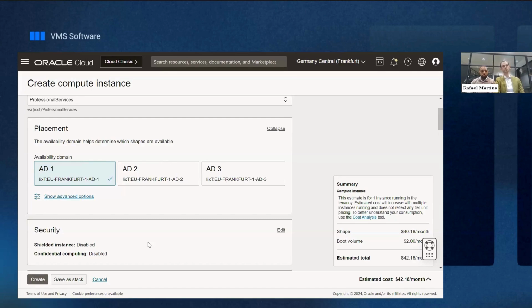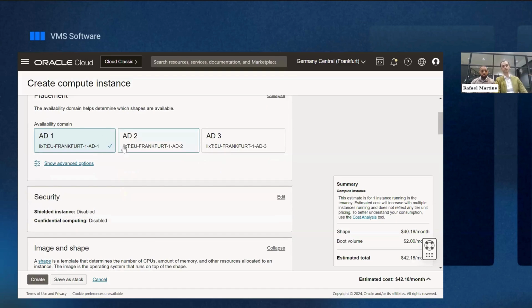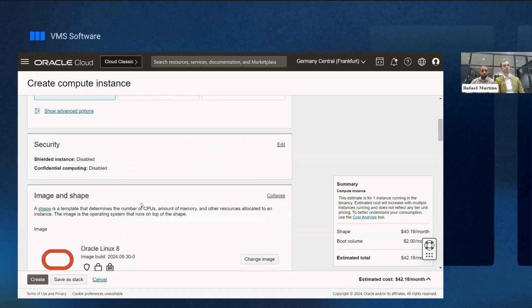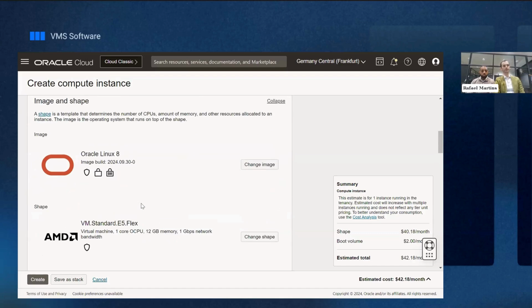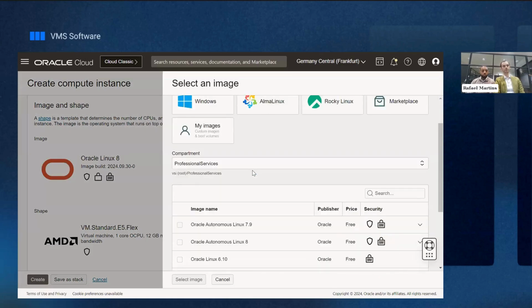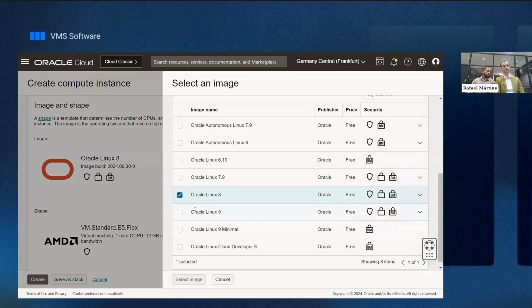But maybe that's something that doesn't matter for you, and it doesn't matter for us at this exact moment for the presentation. We're just going to move on with a very specific default domain. Then the next thing we like to highlight is the fact that Oracle Linux 8 and not version 9 is selected by default. So it's very important that as you're setting up your first image, you change to Oracle Linux